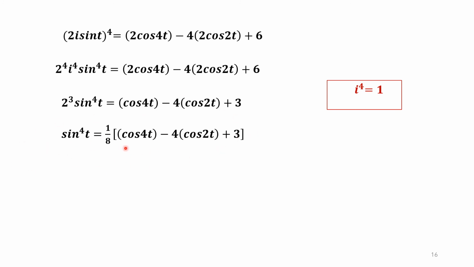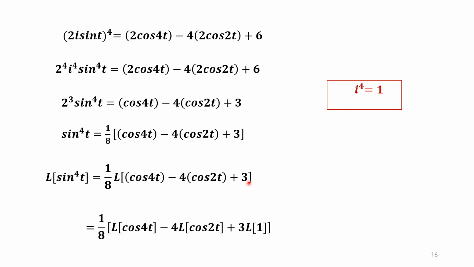Now take Laplace on both the sides. So L of these. Now we have minus and plus signs in between the functions. We can take L of first term minus L of second term plus L of the third term. We can separate that L to all the 3 terms. Now since 3 is a constant, 3 can be taken out and we can add L of 1. Now writing the Laplace transforms of all these. L of 1 is 1 by s. L of cos at is s upon s square plus a square.